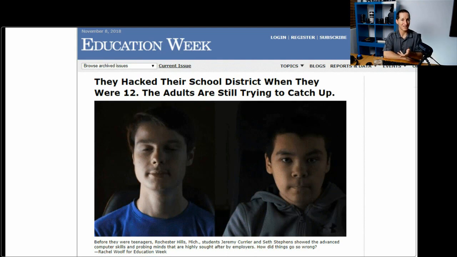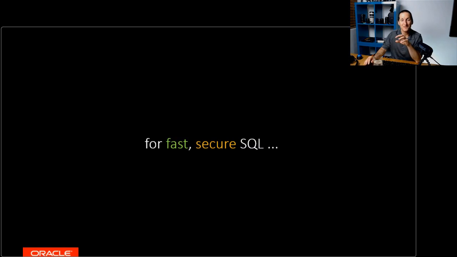They didn't actually do anything malicious. This was in the news. They literally wiped out all their school records because they were just playing and having fun. So it's not serious industry hackers now that are killing people. It's literally 12-year-old kids having a bit of fun, because all the tools you require to hack someone are now fully available. So if you want your SQL to be secure and you want it to be fast, obviously always